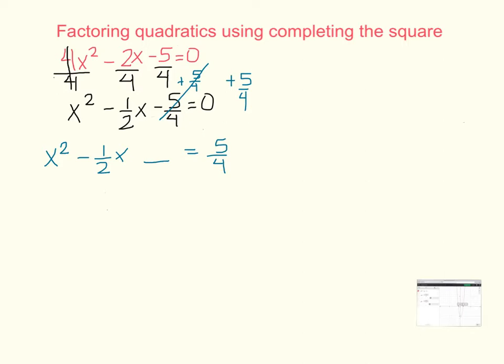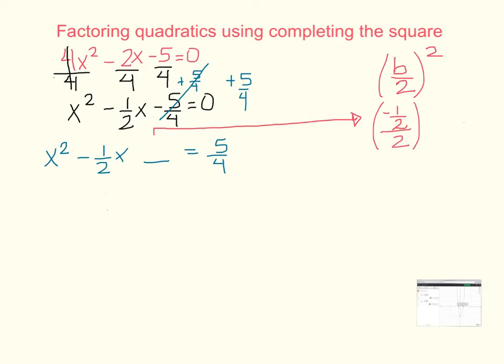So now the next step, if you remember, we actually went to the side to find what the number was that will help us to figure out what we need to add or subtract in order to complete the square. And if you remember, the formula looked like this: b over 2 to the power of 2. And if you notice, we identify our b to be negative 1/2. So we're going to substitute that number into the place of b. And we're going to get negative 1/2 over 2